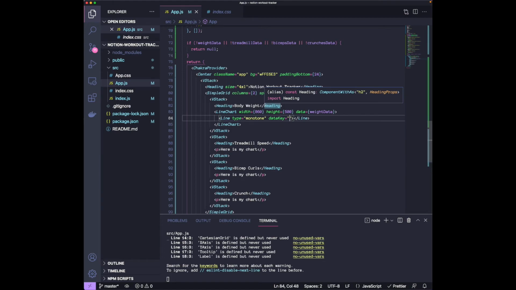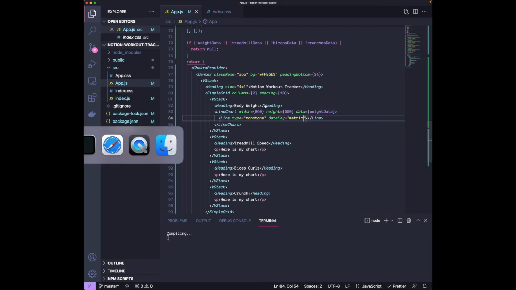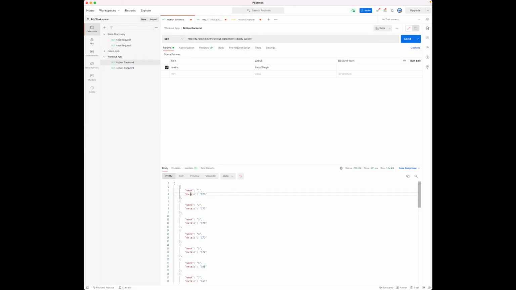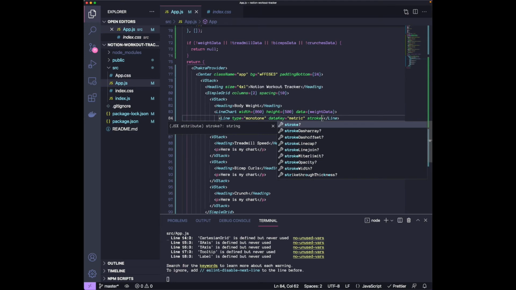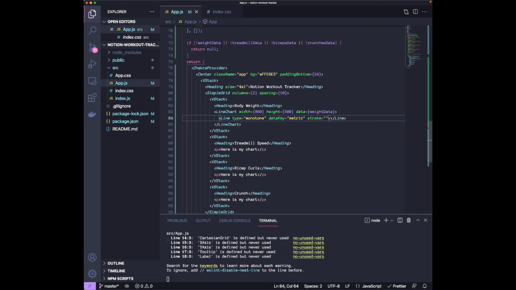So your y-axis is gonna be the metric key, because remember, we had the week and the metric. So we're passing it the array, and your line chart component knows that in an array, every item is one data point. So within that data point, it needs to know which is the X value and which is the Y value. So we're telling it that metric is going to be your Y value. And then we have the stroke of the line,